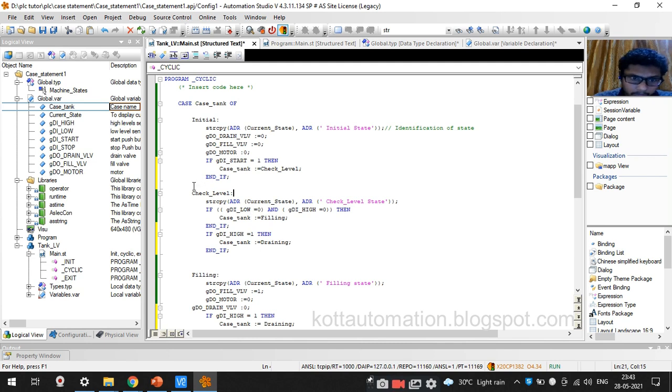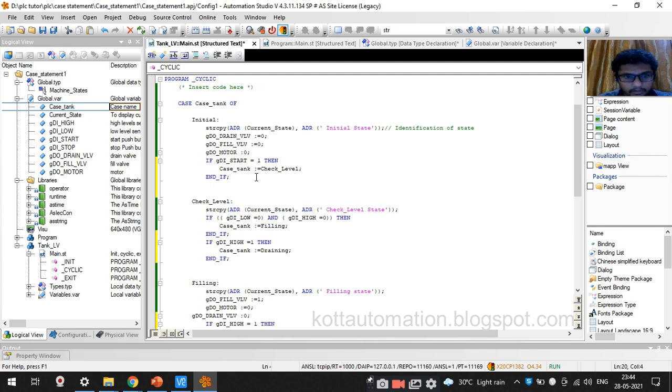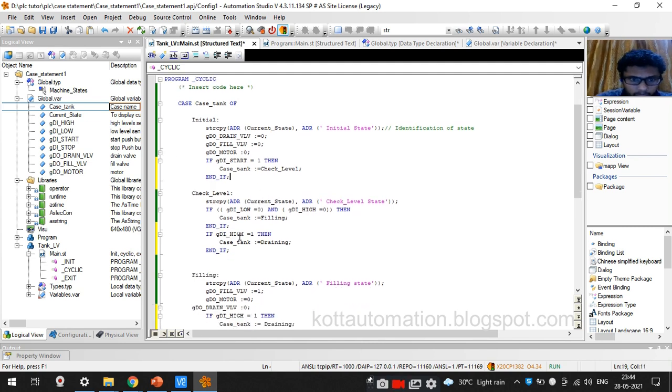Means this check level statement would be executed when I'm pressing start. And now here in the check level, if